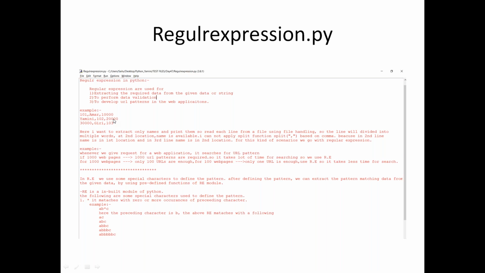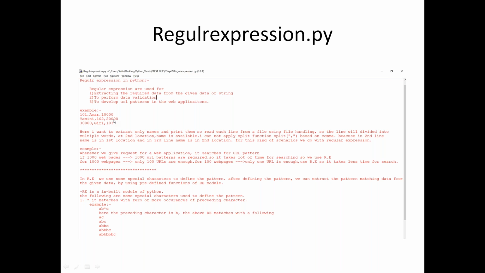Are you getting my point? In the earlier class also I used to use the same thing, but that time the data was in order. So in the first column only employee name, in the second column only employee ID, in the third column only salary. So I could split and pick based on the index. But right now I cannot follow the index, because the data is jumbled. My first record has a different combination and different index, the second one a different index, and the third one a different index.